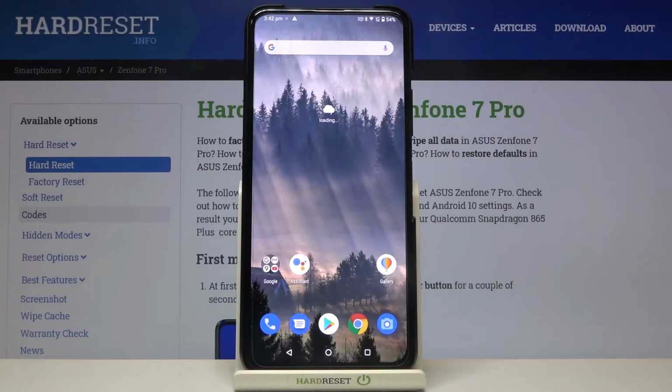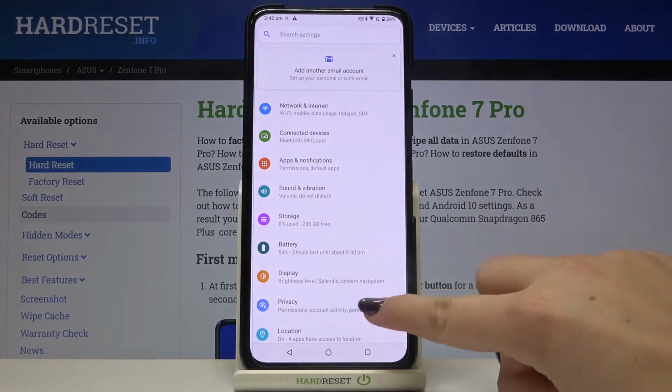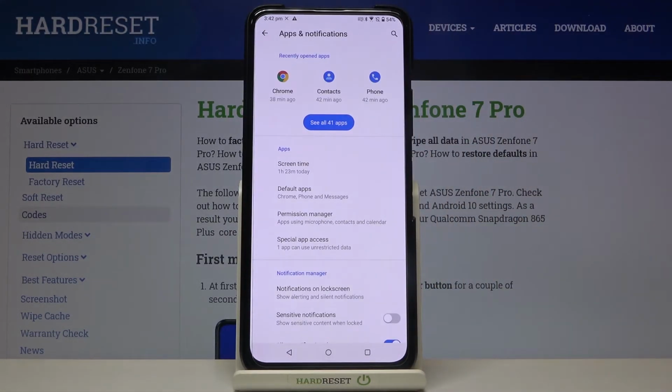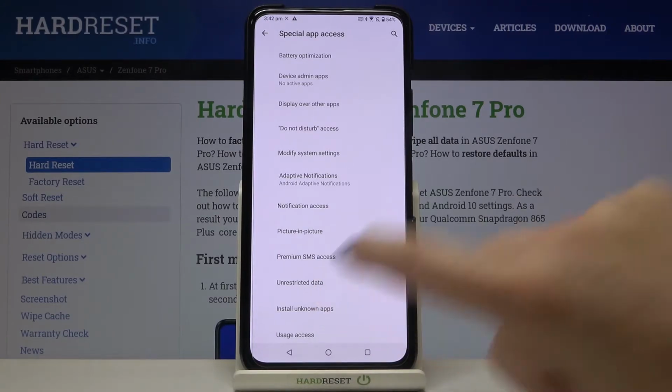Hi everyone, here we've got ASUS Zenfone 7 Pro, and let me show you how to allow unknown sources on this device. So first of all, we have to find and open the settings, and now let's tap on apps and notifications. Here we have to tap on special app access, and now let's find install unknown apps, which is